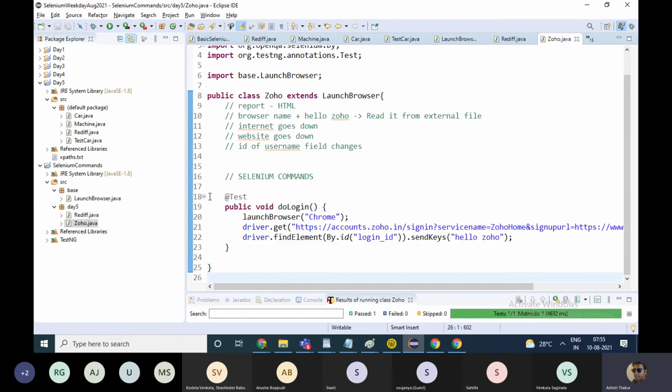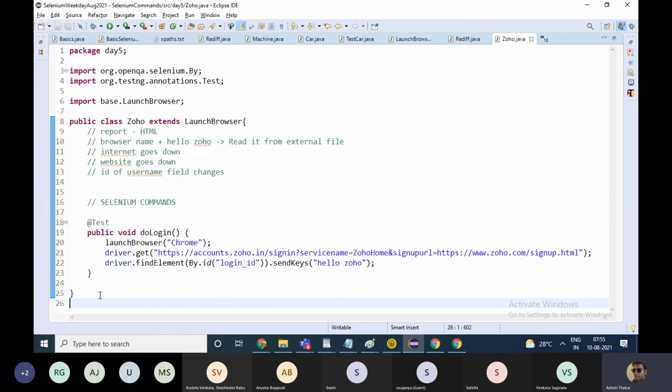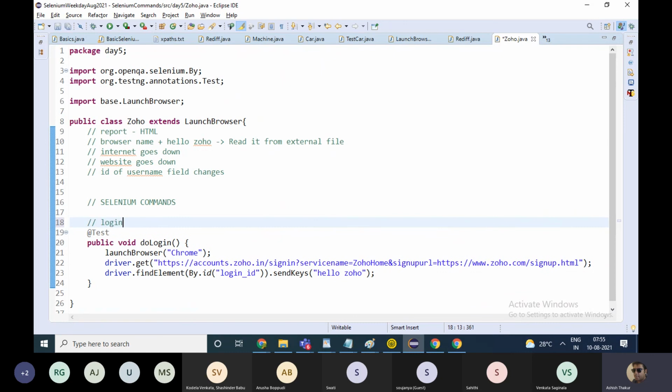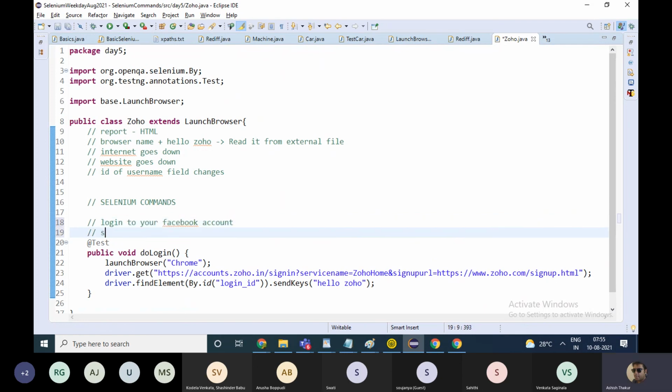And I had exercises also with me. I'll share with you tomorrow a few exercises and multiple choice questions. Try to just write a simple Selenium script which will log in to your Facebook account, or which will search something on Google. This is quite challenging, the second one. Just try to build these scripts.